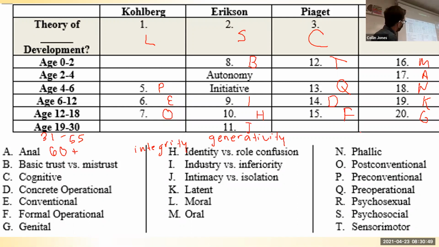But all three of Kohlberg's stages are here, number 5, 6, and 7. Piaget's 4 stages are represented here by age 18. And Freud's 5 stages are represented here as well. Okay. So you could be given an AP exam question that's like, Tommy is 8 years old. Which of the following stages is Tommy in? And it might say post-conventional, it might say industry versus inferiority, it might say the oral stage, and it might say the sensorimotor stage. And you just kind of got to figure out, thinking through what age Tommy is, which stage makes the most sense for him.